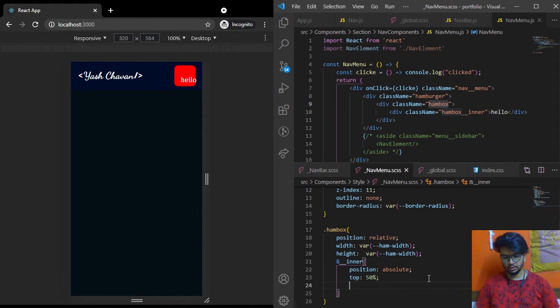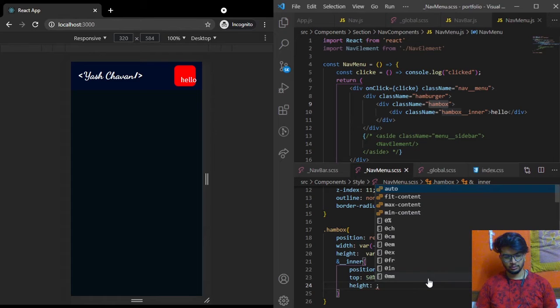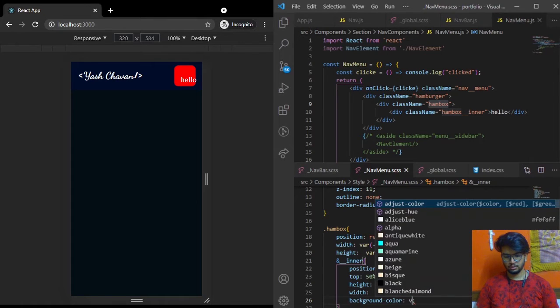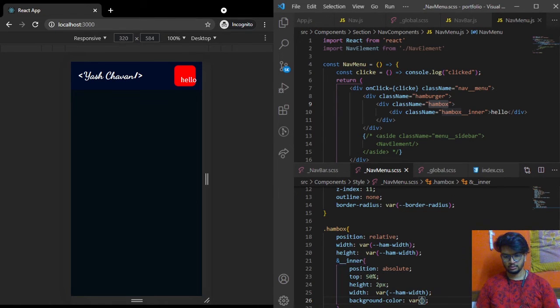We're gonna give it a height of 2 pixels. Yeah, 2 pixels will be enough. It's gonna have a width of ham width, 100% width. It's gonna have a background color of var color accent,